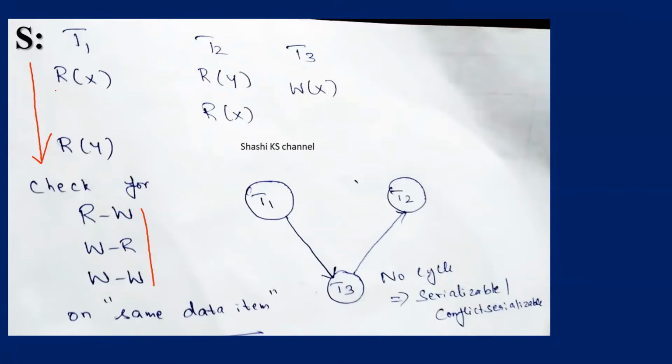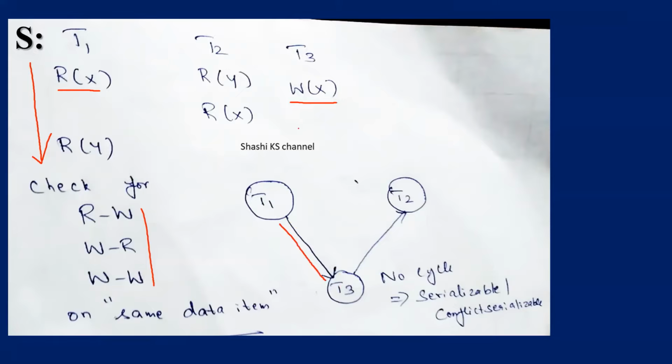See here, when transaction T1 performs, I first check the first operation of transaction T1. It performs a read operation on data item X. Okay. So here later in the timeline, you have T3, which performs a write operation on the same data item X. So this is a conflicting operation. So T1 should be executed before T3. So I have a line from T1 to T3 here, this line.